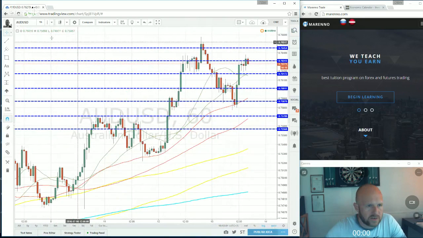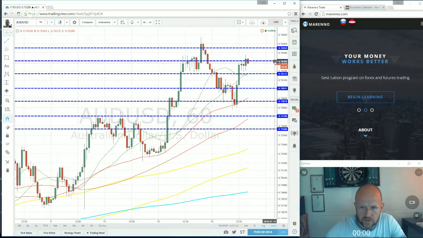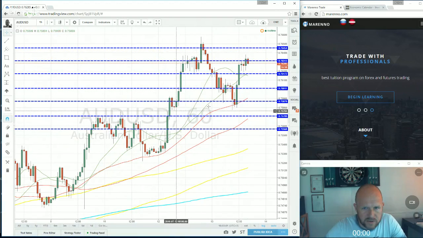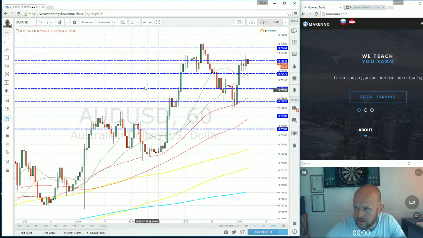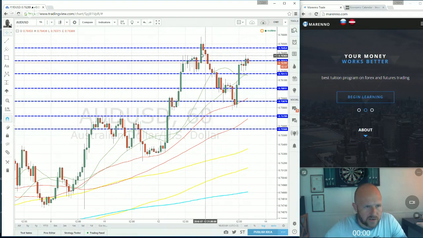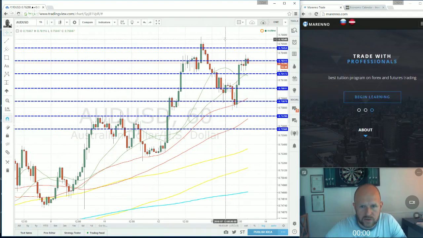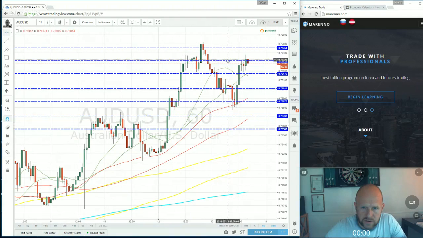As you can see, it's a 1 hour chart. We are bouncing off the resistance area at 0.76313. These blue lines on the charts I trade, on the instruments I trade, are session support and resistance lines I use. So there is no indicator to show them. I'm counting them